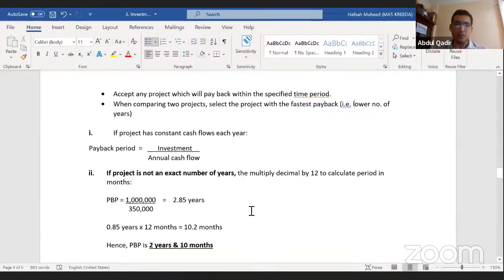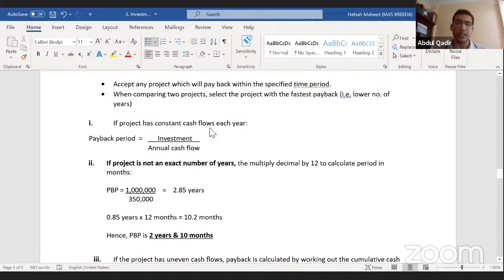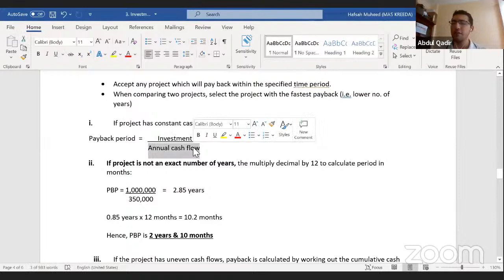So this payback is also tested in several ways. One is if your project has constant cash flows. Let's say every year you invest 1,000 rupees or $1,000, whatever. The project will pay you back 200 rupees each year. So it's a fixed amount for a fixed period, right? Every year you will get 200. In such a scenario, you can use this formula to calculate that, right? Your investment is 1,000, you divide it by 200, it's 5 years. 1,000 divided by 200 is 5 years, right? So that's your payback period, right?